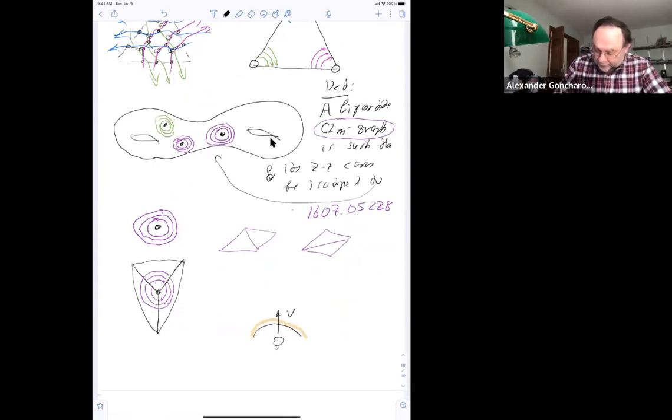Because remember, my condition was that you have something sitting in degrees 0 and 1 here, something sitting in 0 and 1 here, but when you take the cone, it's supposed to sit in degree 0. If you start here from degree 0, you cannot put anything in degree 1 here. You must put it in degree 0, and it must be an embedding. But in this case, it's obviously an embedding. Then if you take the next line, again it's co-oriented this way outside. Again, this means that when you cross it, you get a bigger vector space V2 from the vector space V1, and they're nested. This is in this one.